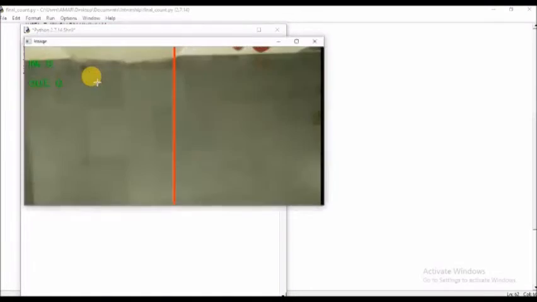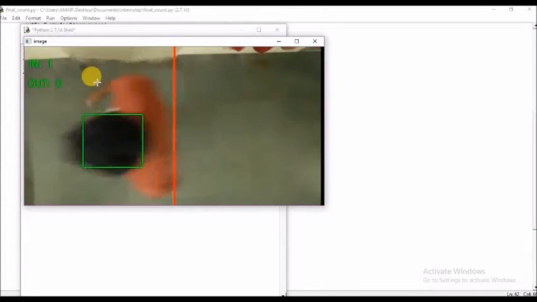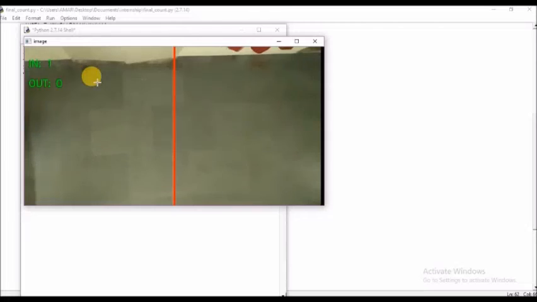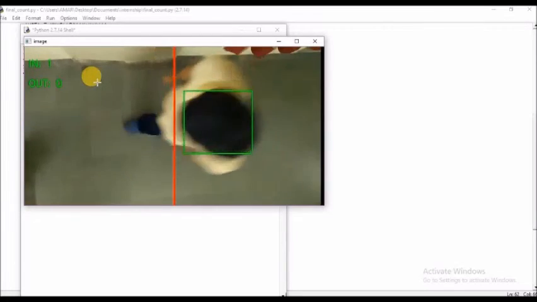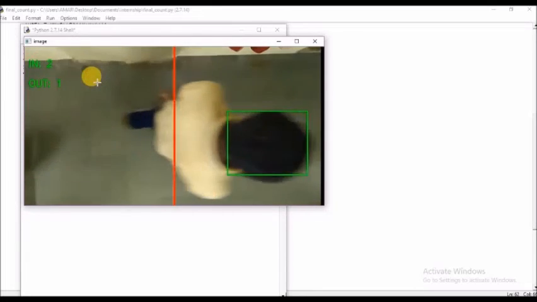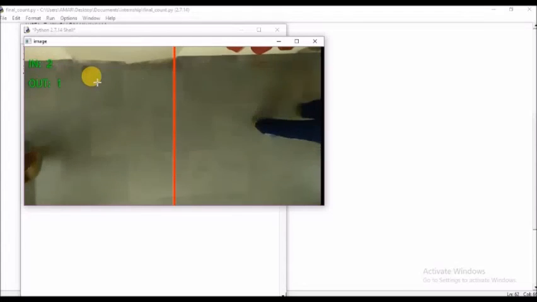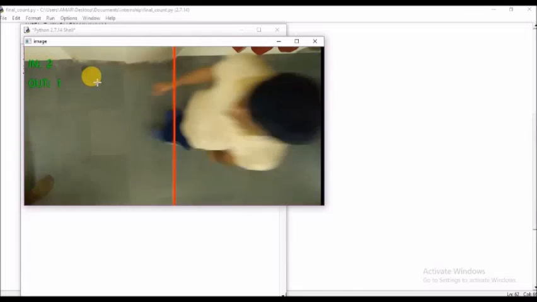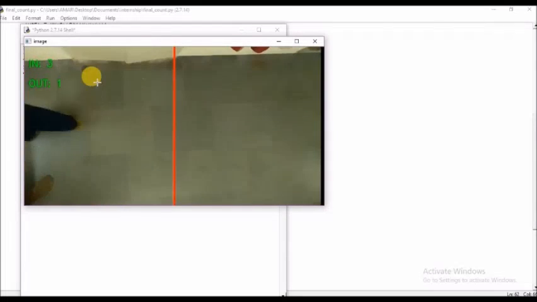Library to develop a basic people counter algorithm. Now here a window has come up in which two strings are displayed, in and out. The red line displayed in the window represents a gate through which people come in and out. The camera angle selected is as per the requirement of the problem statement given to us. Now this is a basic algorithmic video, and a better version could be developed out of it.